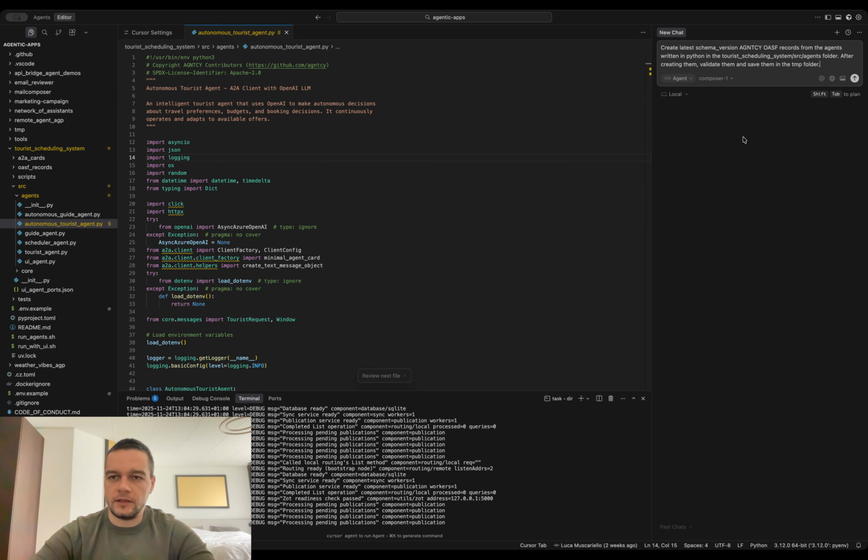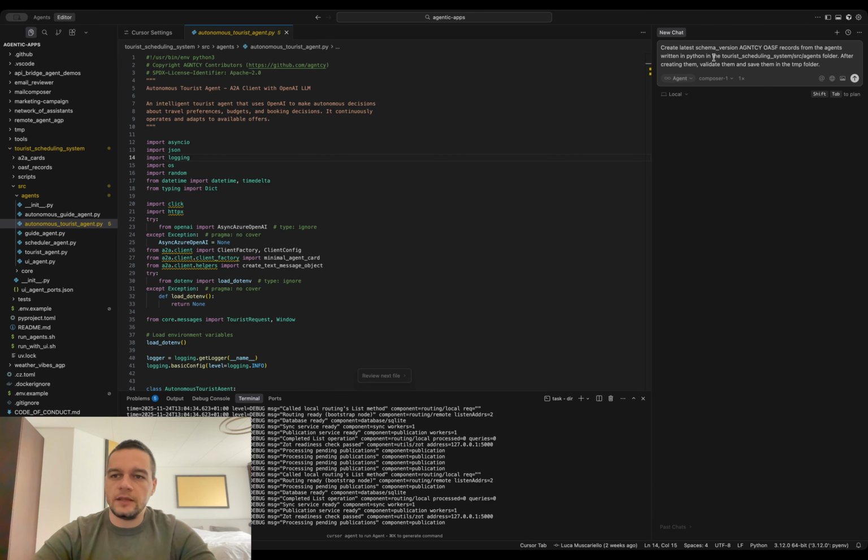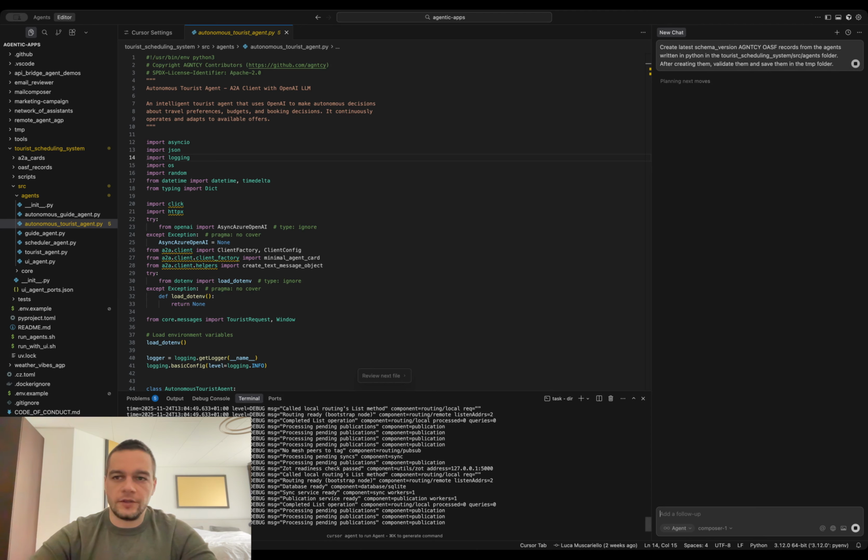I prepared the prompt for it. Create latest schema version agency OASF records from the agents written in Python in the tourist scheduling system /src/agents folder. After creating them, validate them and save them in the TMP folder.